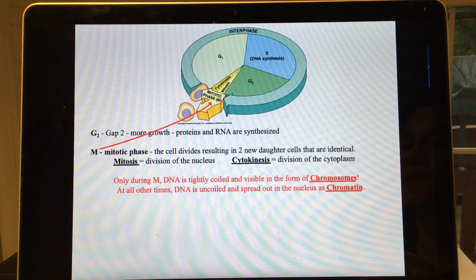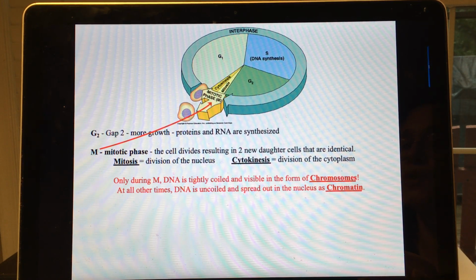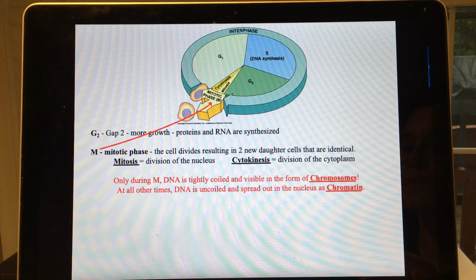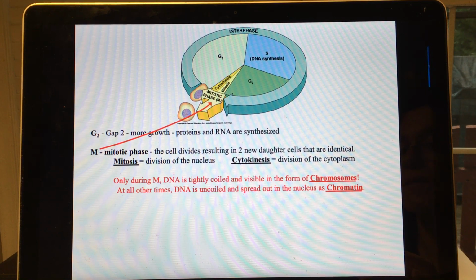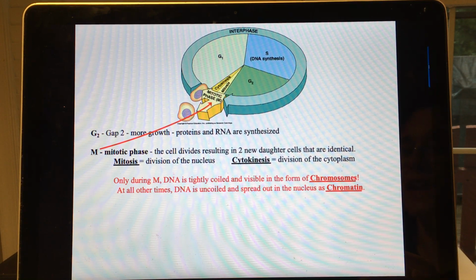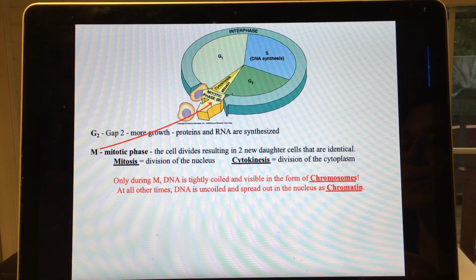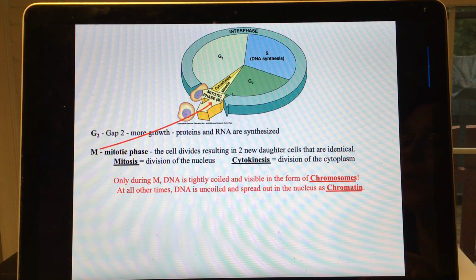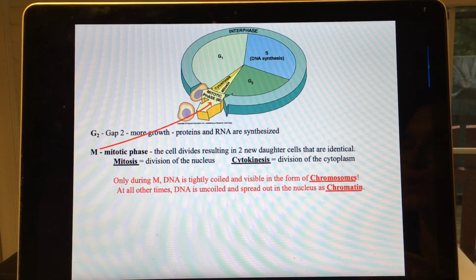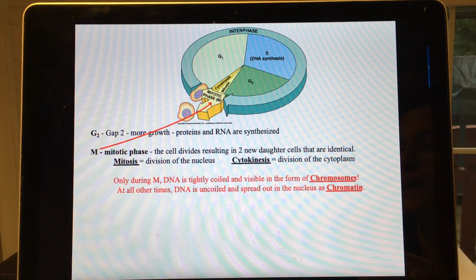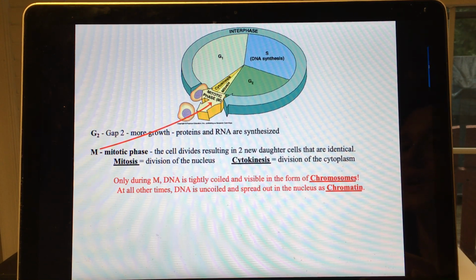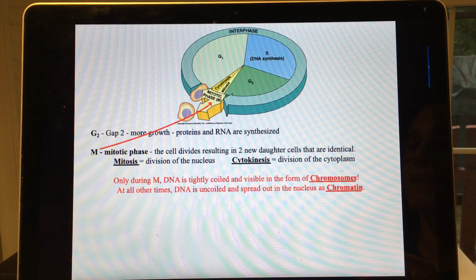Now, we've talked about chromatids and centromeres and chromosomes, but there's a new C word here that we need to talk about called chromatin. Chromatin is a thread-like material. It's another shape for DNA. So sometimes DNA is in the shape of the chromosomes, and other times it is thread-like. And the only time it's in the chromosome shape that you're used to seeing photographs or diagrams of is during the mitotic phase. During the rest of the time, it's actually uncoiled in chromatin,